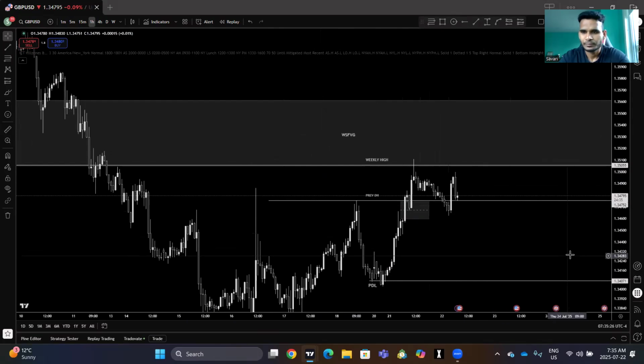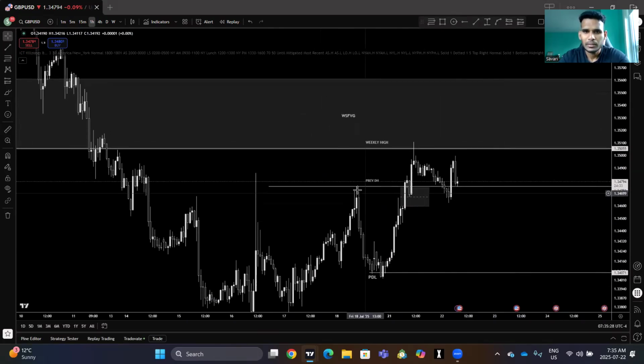That's my game plan. But as soon as price clears out this high, as soon as it prints the market maker sell model, I was like, it's not giving any sort of pullback. So I expected the pullback. So this is a valid pullback, right? So just forget that for now. I expected the pullback from here, and it did give the pullback from here.